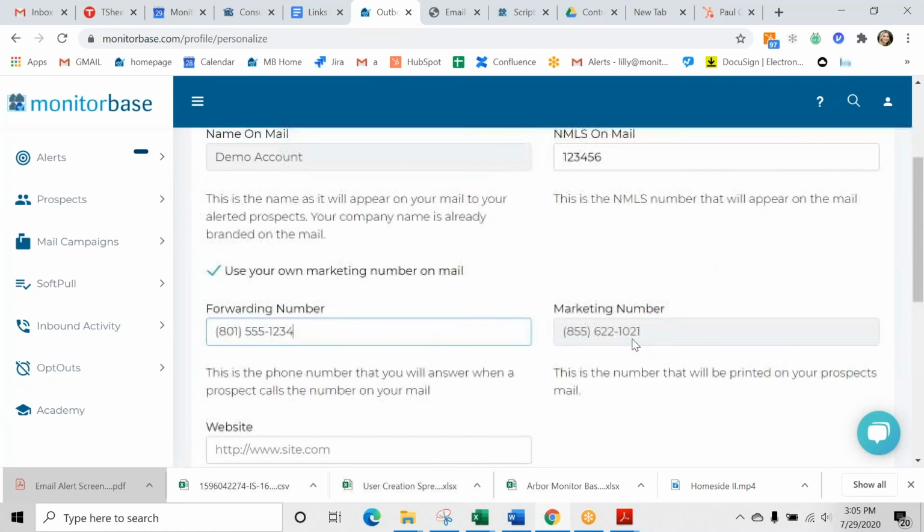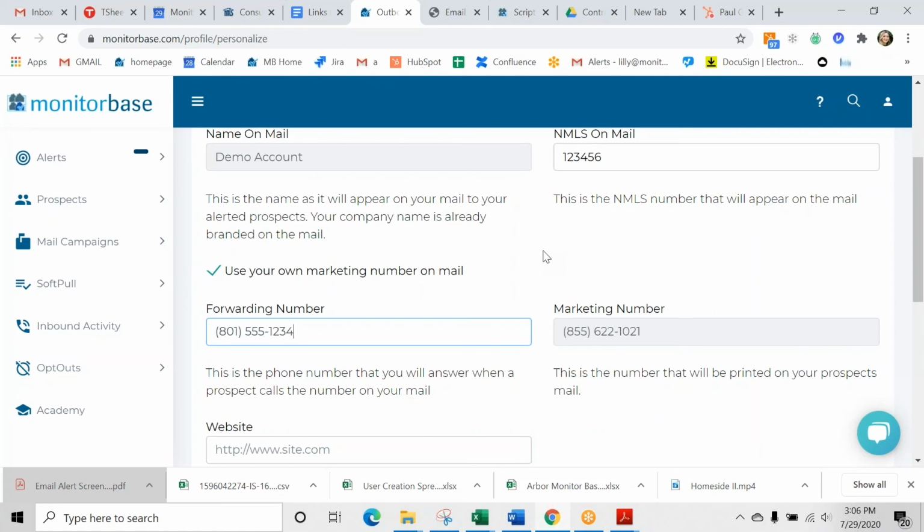And if this area is blank for you, it just means that they're going to your branch phone number currently. So you can also set it up to use your own marketing number, and you'll have to purchase a number. It won't cost you anything. And then put in your forwarding number. Does that make sense?